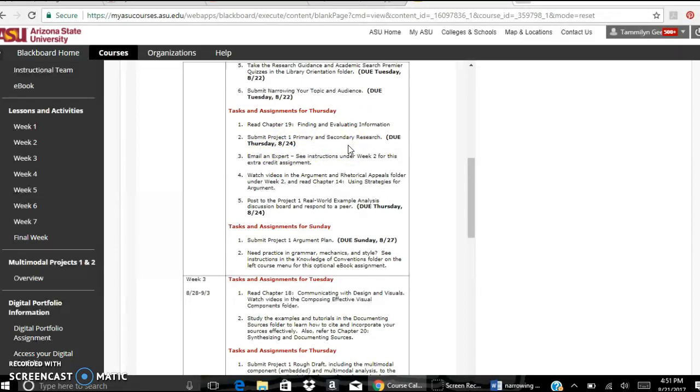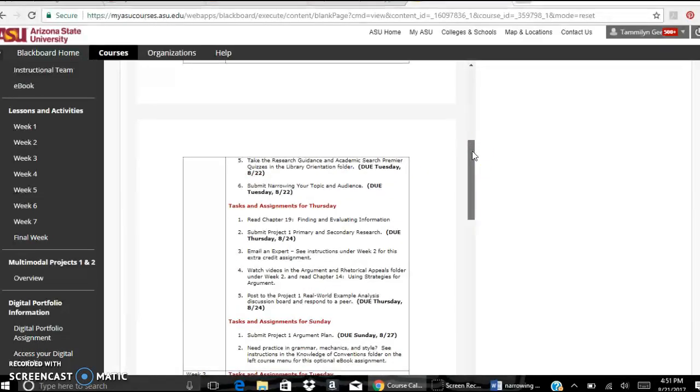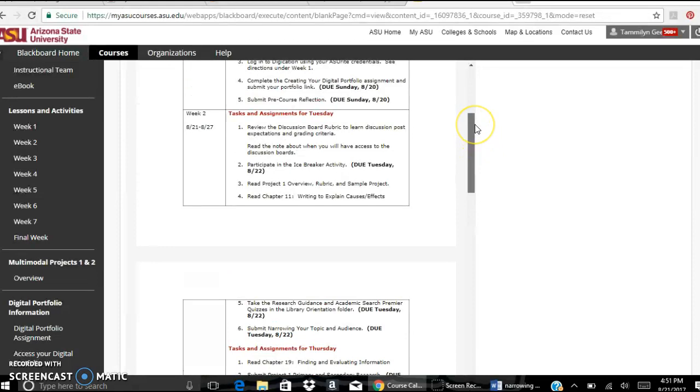I'm going to produce a little tip sheet for that as well. We have an extra credit assignment for Email an Expert. And we have another discussion about real-world examples. And then finally, on Sunday, you're going to turn in your plan for this project. So notice we're working through several steps. We're making sure that you know how to use the library. We're making sure that